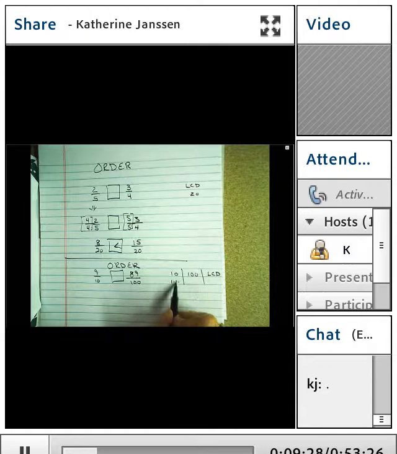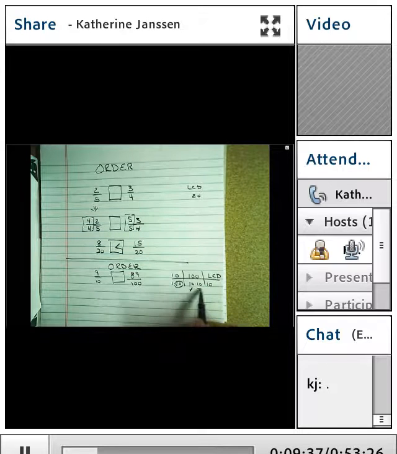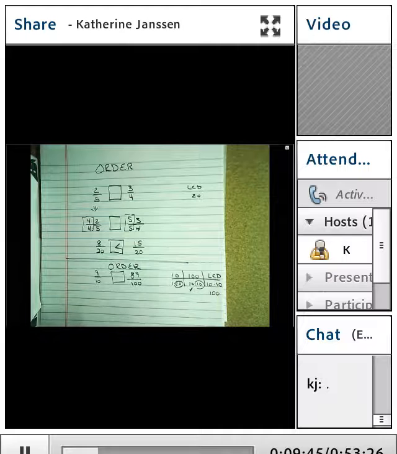10 is 1 times 10, and this is 10 times 10. I need a factor of 10 from the first column. From the second column, I already have a factor of 10, but I'm going to need another factor of 10. So my least common denominator is 100. 10 goes into 100 evenly, and 100 goes into itself evenly. Well, I'm going to convert tenths to its equivalency in